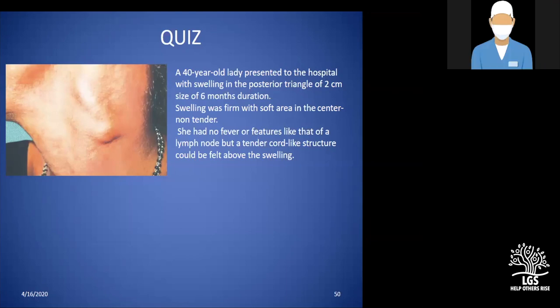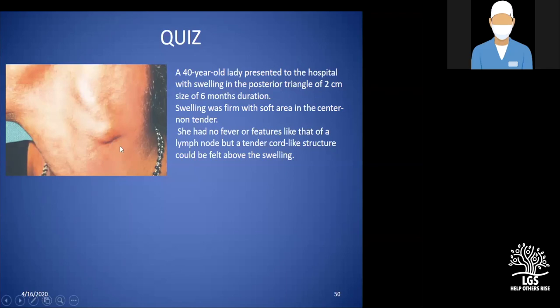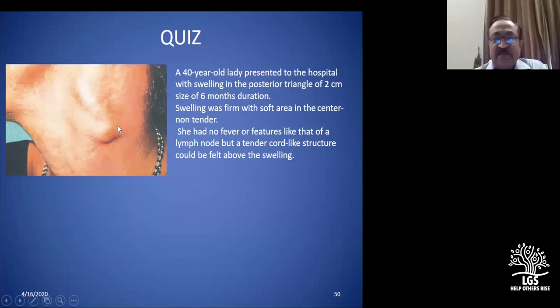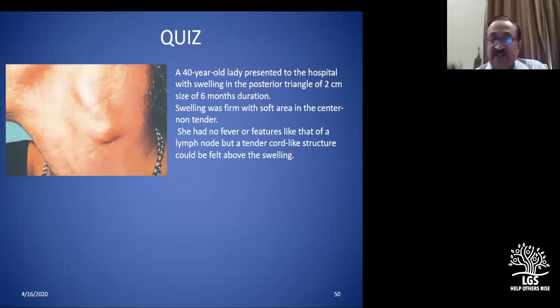Maybe thrombosis of external jugular vein. Thrombosis of external jugular vein is a good way of thinking, but I already told you there is something like this. So maybe hematoma, organized hematoma. This is organized hematoma, correct? This one cord-like thing was palpable, and it was difficult clinically to see unless we suspected it was a case of leprosy.